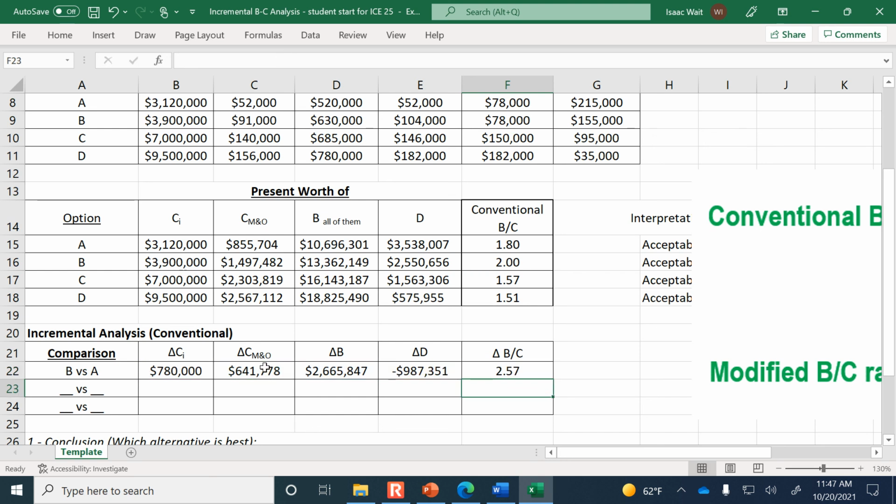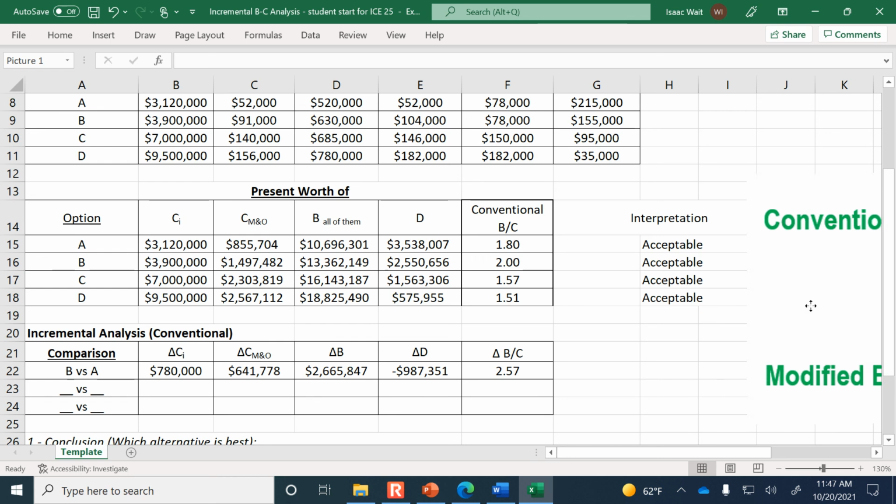So 2.57. We need to interpret this. So what's the interpretation? Option B is better because it's more expensive, true, but for every dollar of additional cost, you're getting $2.57 of benefit. So you should definitely get the more expensive alternative. Okay, so B is our champion out of this matchup. That means our next comparison is C versus B. So C is the next most expensive alternative. So let's do